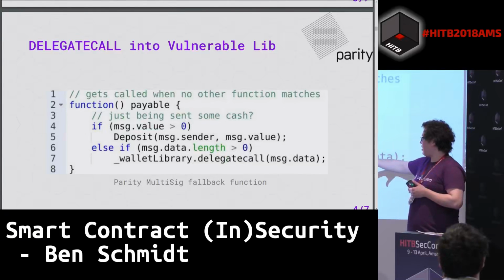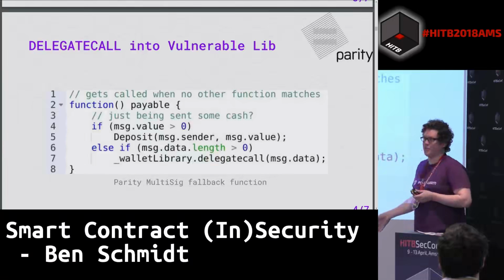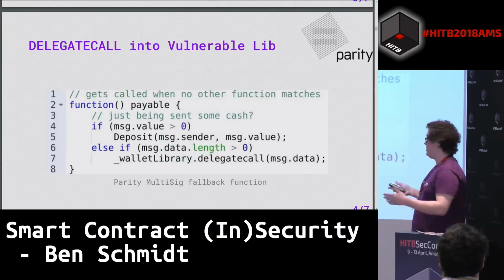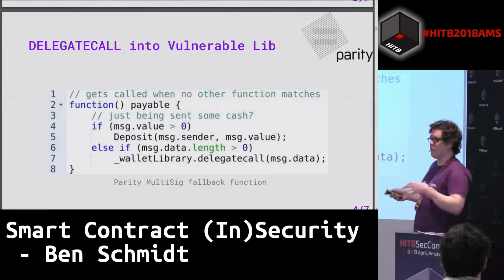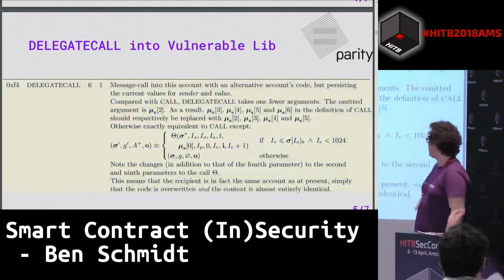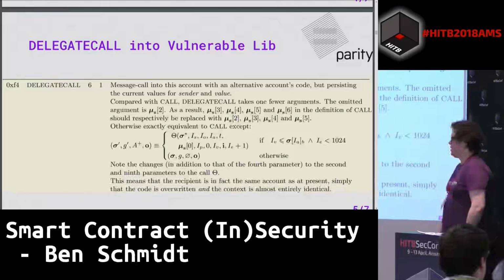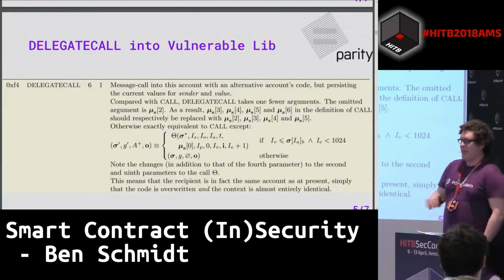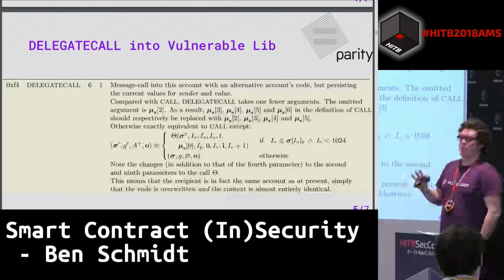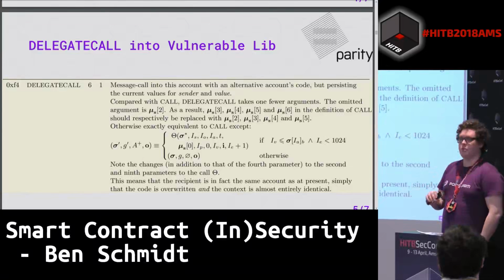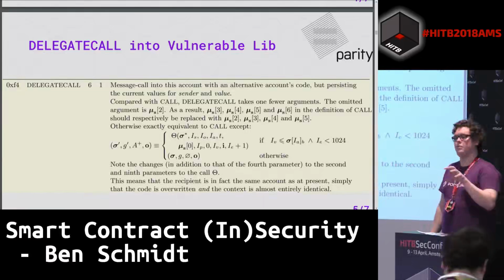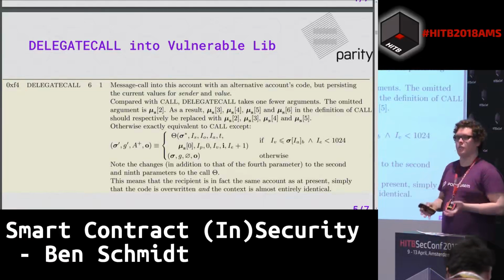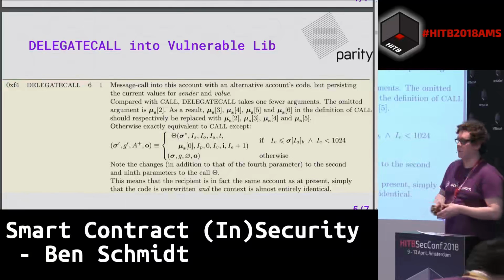so they were unable to find this function, but they can see that a contract function is attempting to be called and pass that on into this library through what's known as delegate call, which is different from a normal call. We'll get to that in a second. So delegate call is defined in the Ethereum yellow paper as almost essentially the same as a call function. However, it actually maintains the same local state of the contract that is currently being executed.